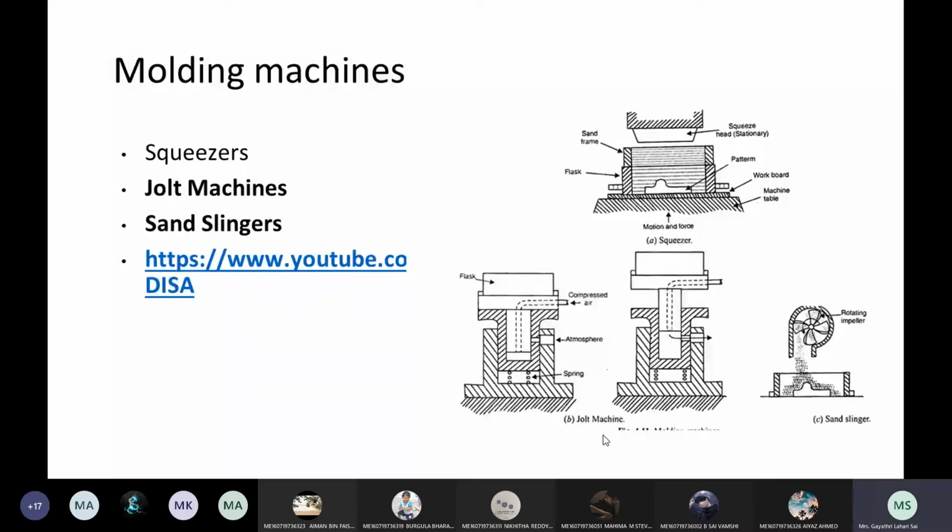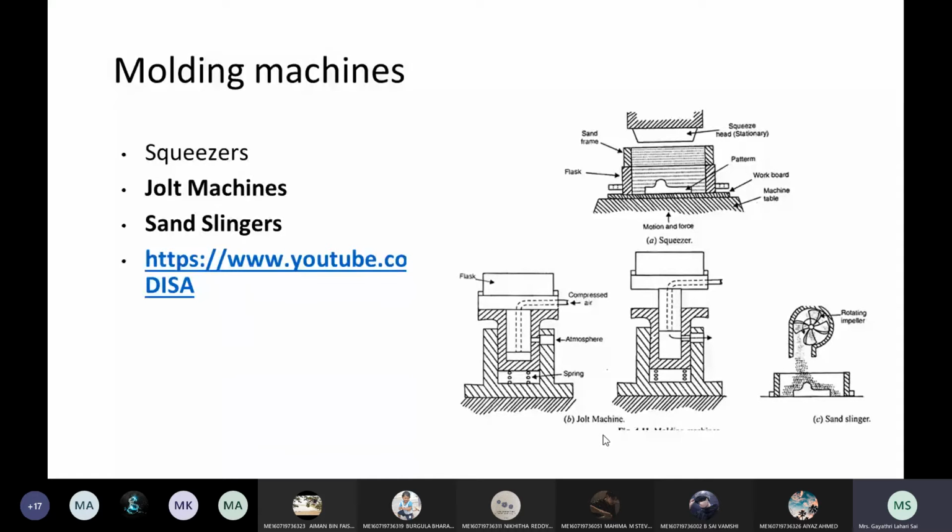These machines are used to do the ramming process. In our college, we have a rammer. A rammer has a round-shaped base with a provision to hold it, and you beat it thoroughly onto the wall so that the sand bonds with the clay and the water. Though you mix it, it has to bond and take the shape of the flask, and the cavity has to be created. But in large-scale production, they cannot beat it by hand, right?